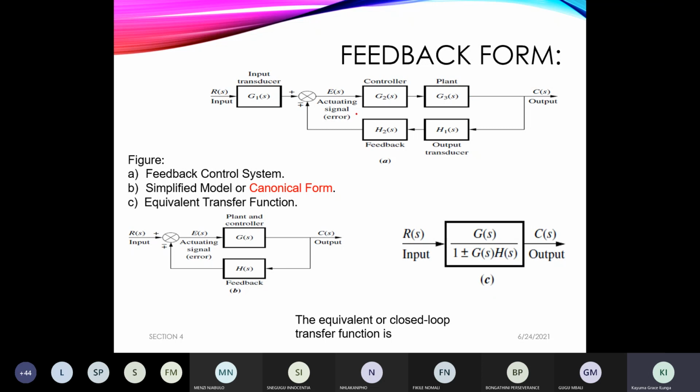So remember, this one is going to be very important when we are going to talk about the steady state error. So after this chapter, we are going to deal with this steady state error, the error signal, how it is. So now, when they give you this kind of block diagram, you can see they even show us what we saw in class: controller, plant, feedback, output transducer, which can be sensors, whatever. So now, how can you find the equivalent transfer function,